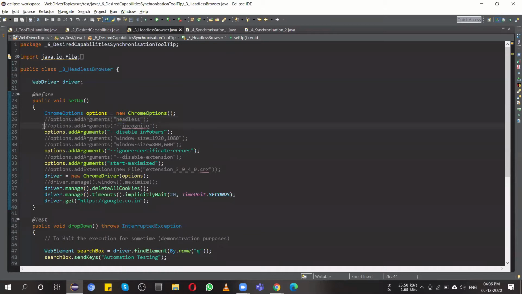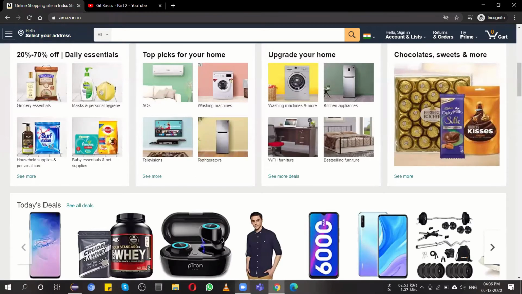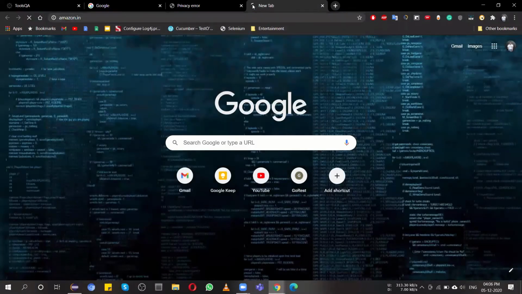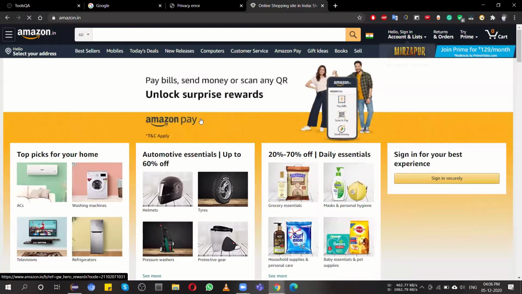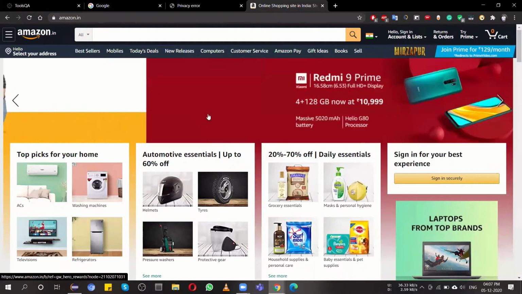Then second, if you wish to open your website or application in incognito mode, just like over here. This is my original browser. If I try to open amazon.in, it might be possible there are some cookies and caches saved for this particular browser, for this particular account, so it will give me the relevant searches or commodities or offers which I searched previously.